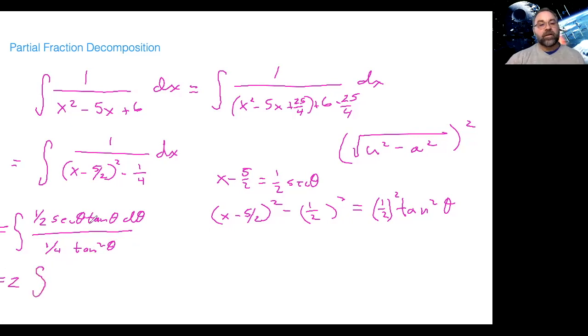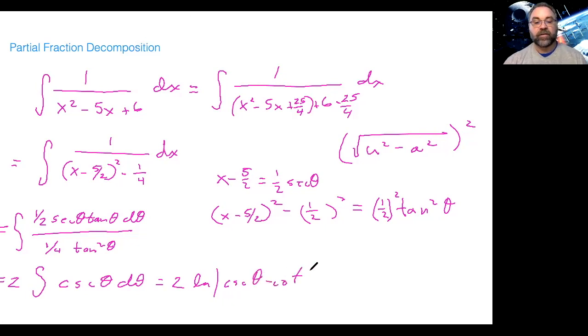If you take secant and divide it by tangent, remember that's 1 over cosine divided by sine over cosine, you basically get 1 over sine. So that's cosecant theta d theta, which is, of course, a fairly straightforward integral. That's just 2 natural log of cosecant theta minus cotangent theta. I started saying cotangent and then started writing cotangent. Cosecant theta